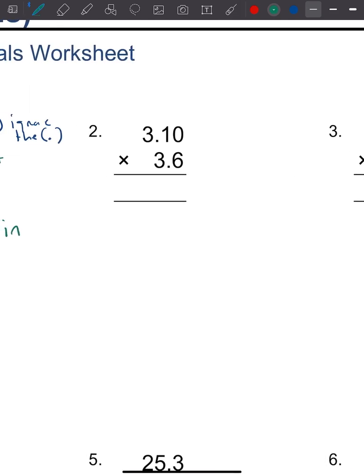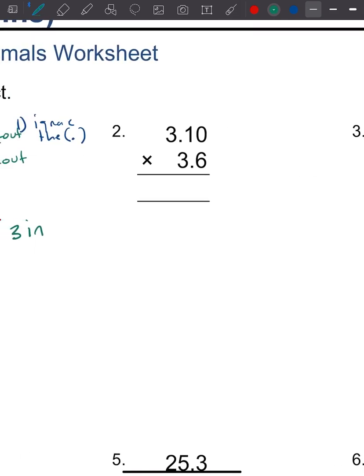Let's look at number 2. Same expectation, guys. Let's ignore that decimal. And let's just multiply like we normally do. We're going to start with our number in the ones value. We're going to go straight up. 6 times 0 is 0. That's easy. 6 times 1, 6. 6 times 3. Check it out. What do we get? 18. Is there any other number for the 6, guys? No, therefore we're done with the 6. We can bring down our x. We're going to move on to the next